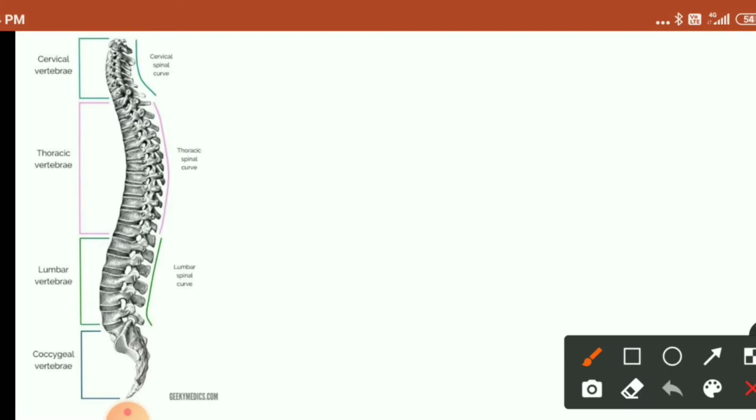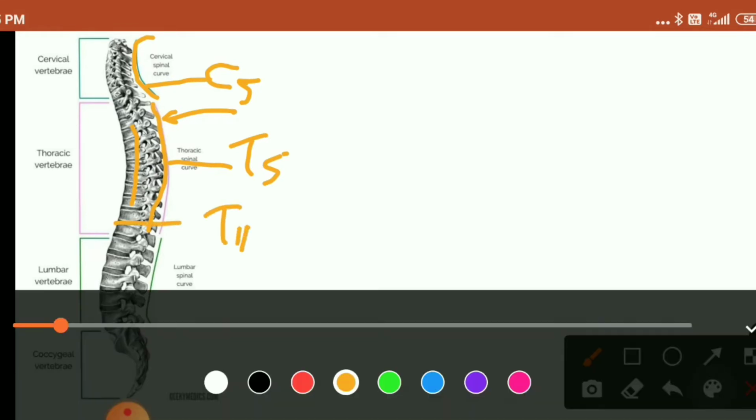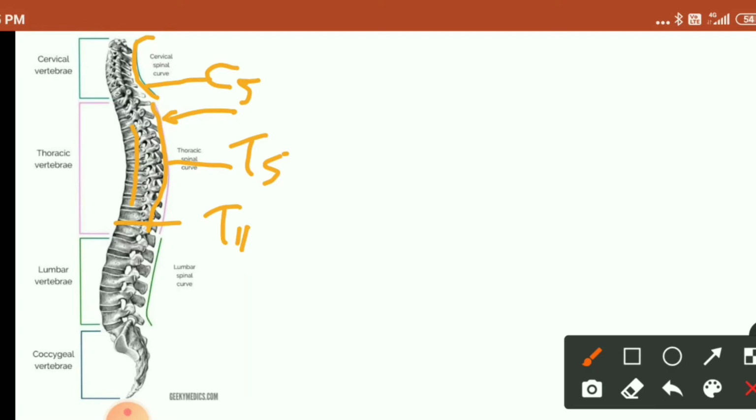So you see here that basically we are having this first curvature at the level of C5, and then it will be at the level of the cervicothoracic junction, and then there will be another curvature you can see, which will be again at the level of T5, and most probably this will be the T11. So if I draw the esophagus and its curvature just anterior to the vertebral canal, then how will it look? Just have a look at it.